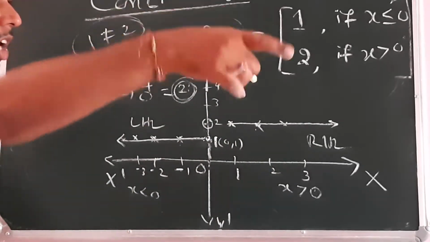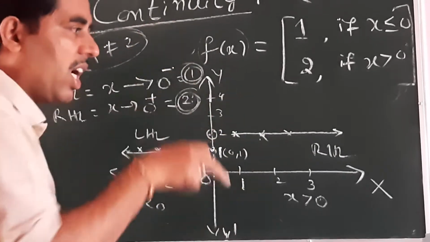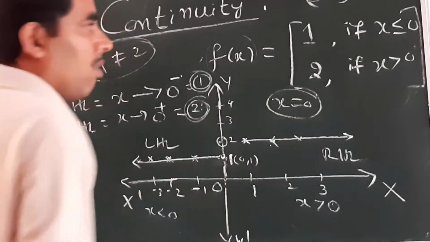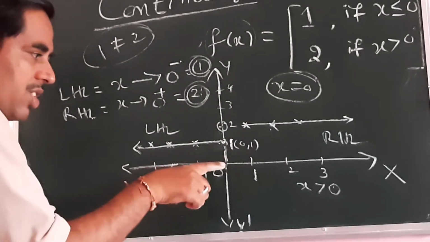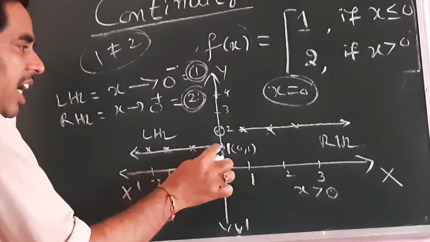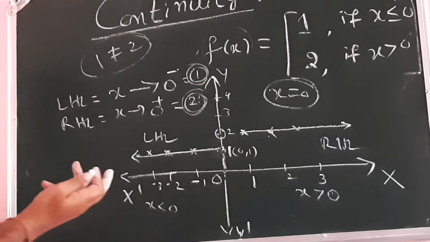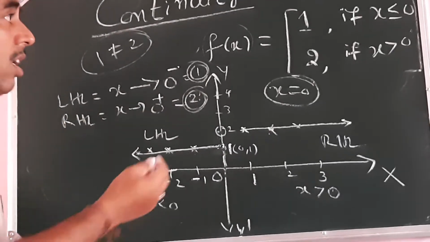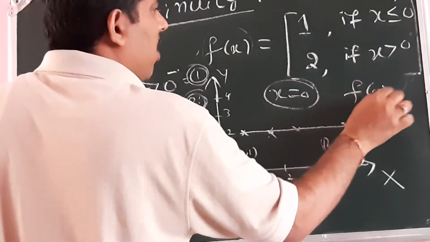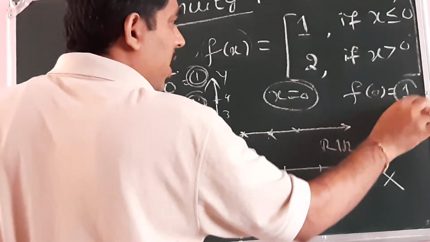So at which point does this graph break? It is discontinuous, meaning it is not continuous at x equal to 0. So at x equal to 0, this graph breaks. We cannot draw this continuously. Clearly we are seeing that mathematically we say left hand limit is not equal to right hand limit, and the value of the function at this point, f of 0, if I give x equal to 0, the value of y is 1.